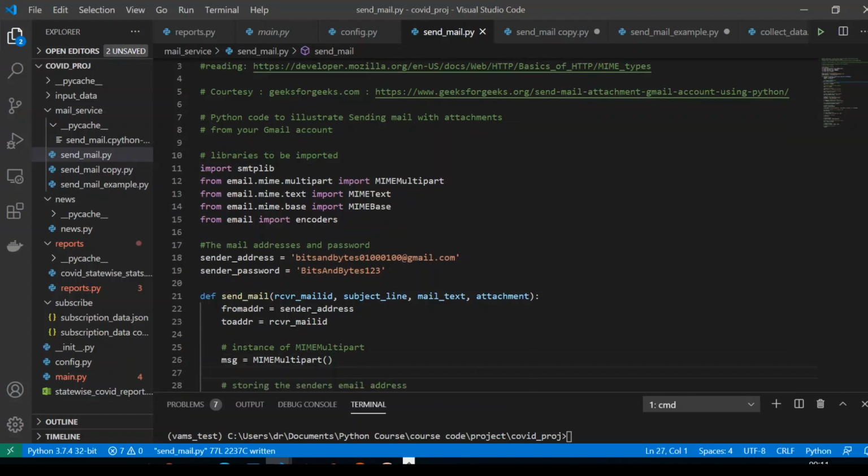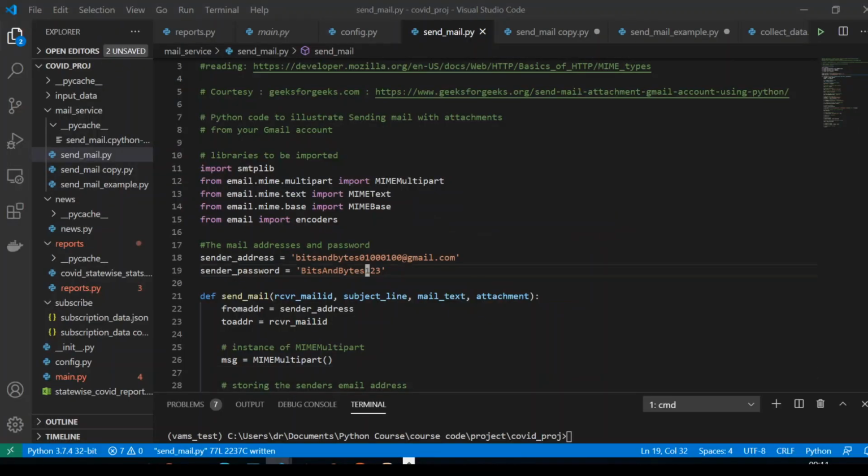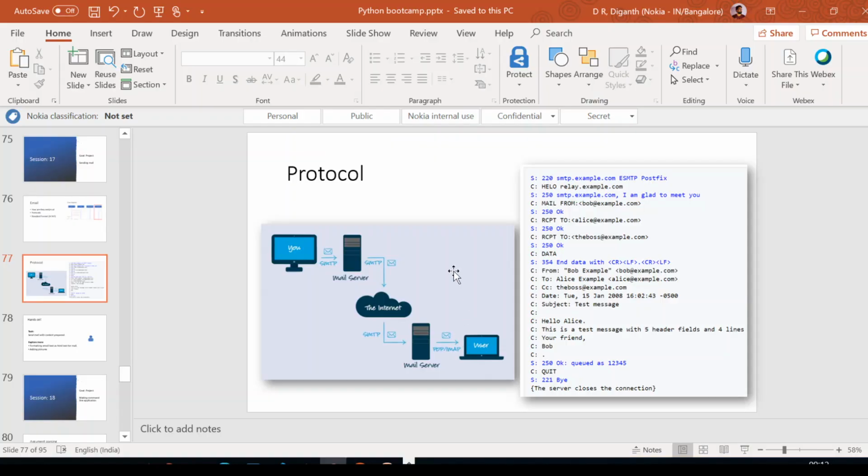These are the steps that we need to follow in order to send a mail. Once you understand this, it is easy to do. In fact, you can simply copy paste it and walk along, but if somewhere on the line there is any problem, it's difficult to debug it. So in order to know that, you need to know this.